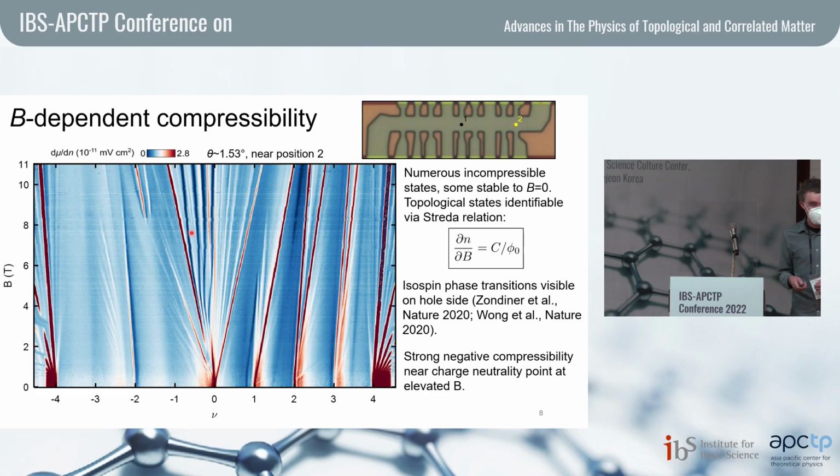Sorry? I'm sorry, I didn't hear that. Can C take on rational values? Which one, the blue? No, C. Oh, no, that's an integer. Yeah, so it's,